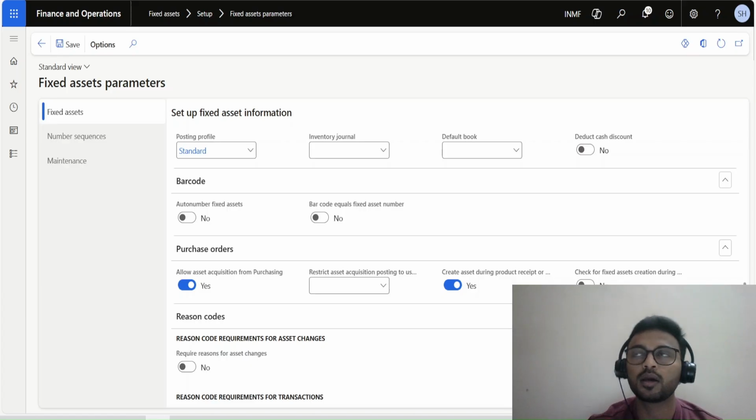We'll understand those things in the next video. The whole process of purchasing fixed assets we'll understand in that video. Right now, one of the ways of purchasing a fixed asset is allowing it from a purchase order. So I will keep it yes, because I want to purchase fixed assets